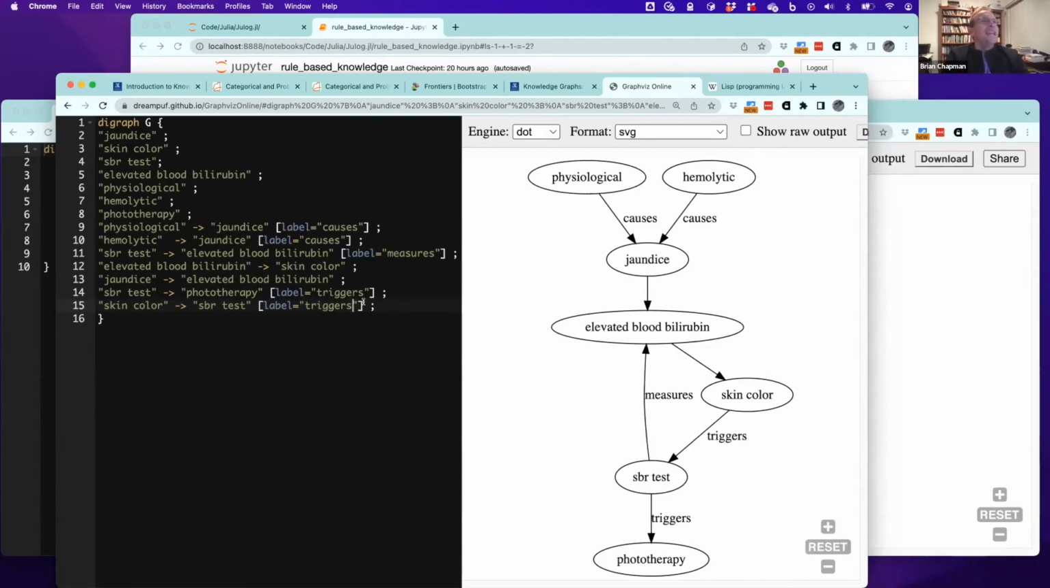Are there different paths that might happen between the physiological and the hemolytic? So the hemolytic will usually be caused by a blood group mismatch. Okay. So we could have,